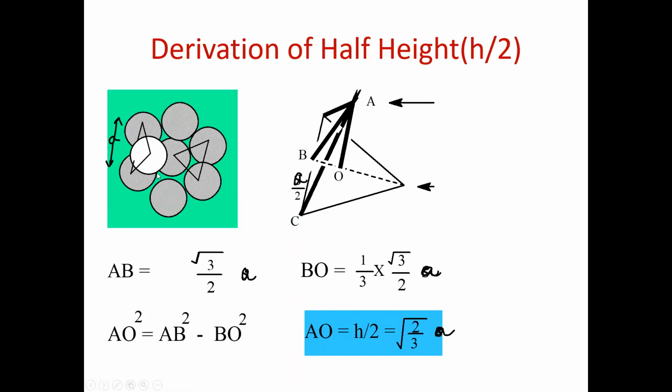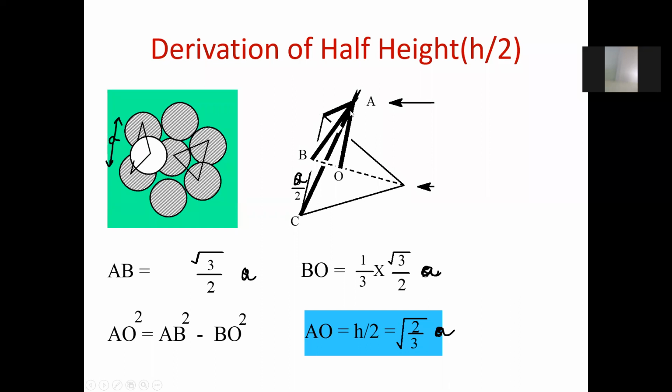Now this one is sitting over the tetrahedral hole, and you have to have two geometries. You have to draw a perpendicular from the center of the upper sphere to fall on the plane carrying the 3 centers of the lower layer. These are the centers of the 3 spheres on the lower layer. This is the center of the upper layer sitting in the groove, and you find a perpendicular height. This perpendicular height is nothing but h by 2, because this is 1 and below that there is another one. So you are indirectly finding half height.